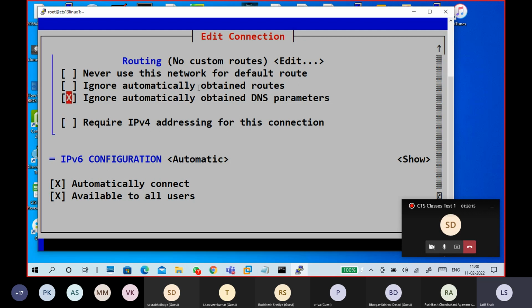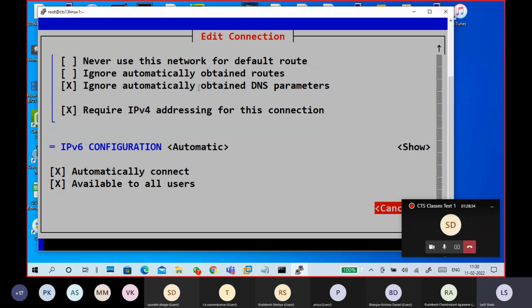If you want to select, press spacebar. If you want to deselect, press spacebar. X means selected; removing the X means not selected. Like this, I press the spacebar to select it.